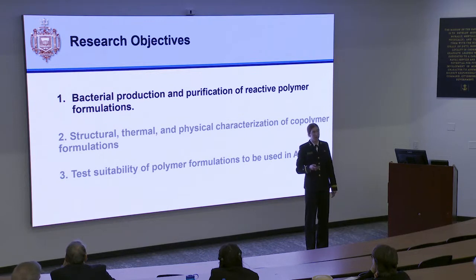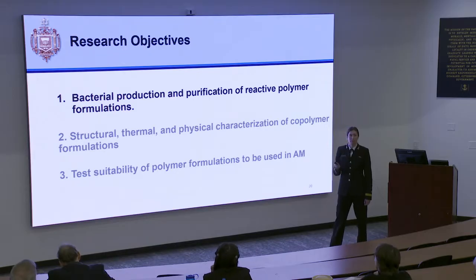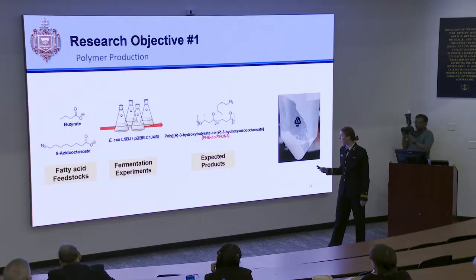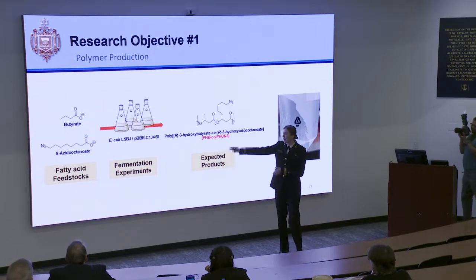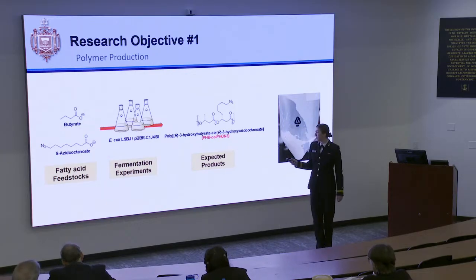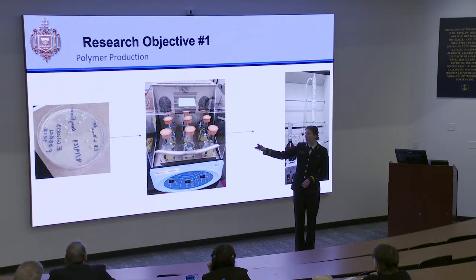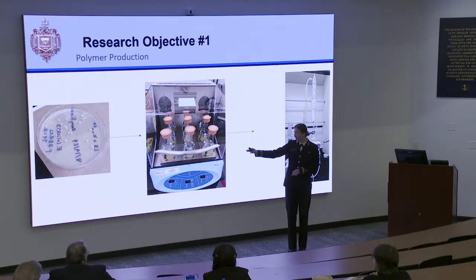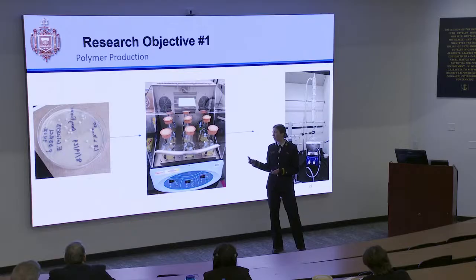Now I'll walk through what I actually do in lab, starting off with the research objectives. First is to purify and produce the polymer. We first start off with our fatty acid feedstocks. These are the monomers, which we can then add to our transformed E. coli bacteria to create this final product. What this looks like is we have our petri dish with our cells that have been transformed with the plasmid. We add one colony and inoculate a shake flask that has Lennox broth, kanamycin, and then our fatty acids, which are the monomers. And they'll shake and be heated at 30 degrees Celsius for 48 hours.